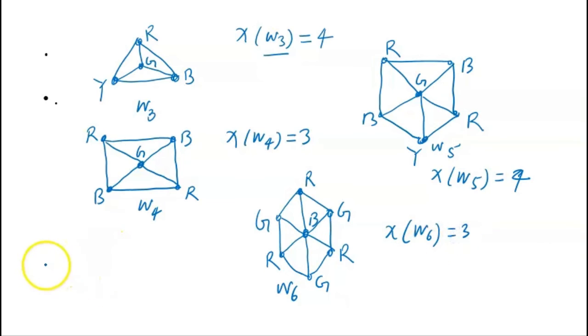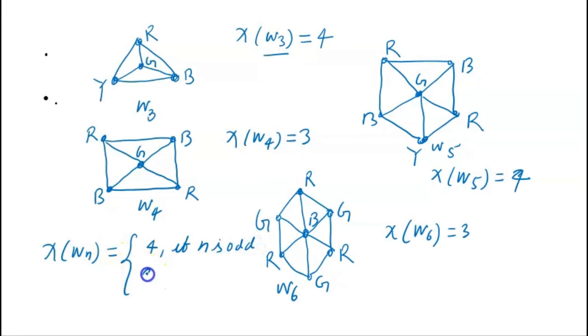So now we can conclude that if I have to find the chromatic number of Wn, a pattern has emerged, and it is equal to 4 if n is odd, and it is 3 if n is even. And I again repeat that when I am talking about Wn, I am talking about this n, not the number of vertices, because in W3 we are considering 4 vertices, right? So if I am talking about W3, I am talking about the wheel graph with 4 vertices, and here there